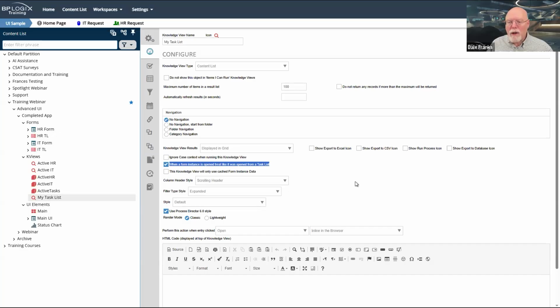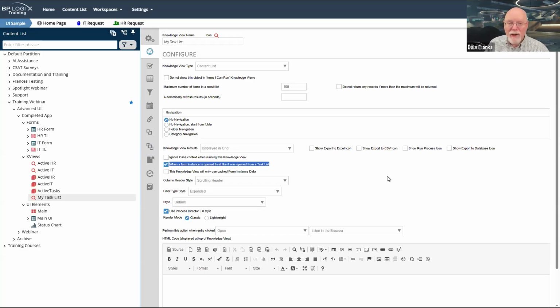Normally, when you open up a content list knowledge view and you're presented with a list of form instances, if you click on one of the form instances, it's going to show them to you outside of task context. So if you don't have a task assigned, you're not going to see completion buttons in any case.